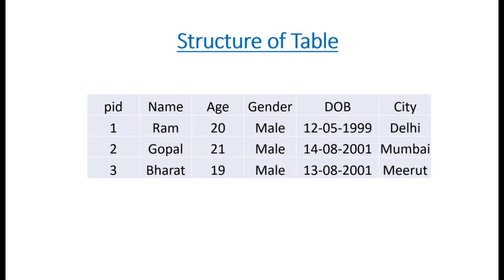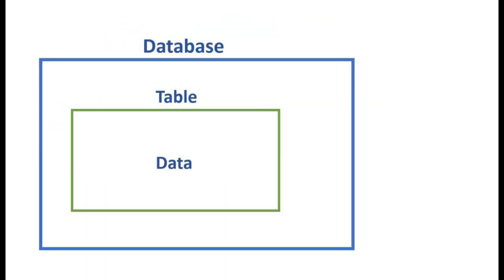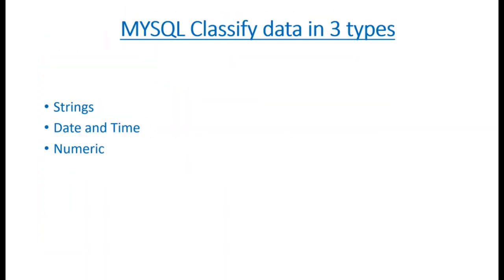As you know, while executing any query, we have certain predefined commands in SQL. Similarly, SQL has predefined data types. There are exactly three types of data types in SQL: strings, date and time, and numeric. Whenever you are working in SQL, you should remember that there are only three data types. They broadly classify SQL into three types only: numeric, date and time, and strings.